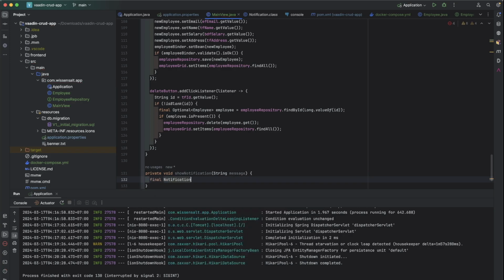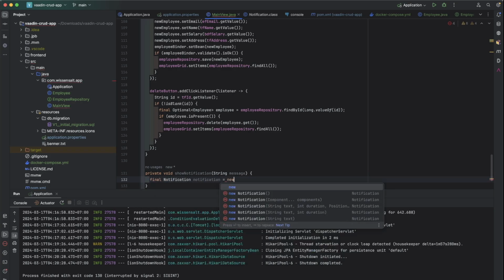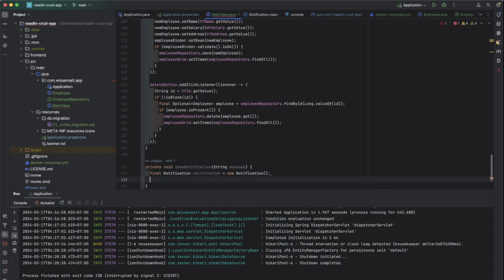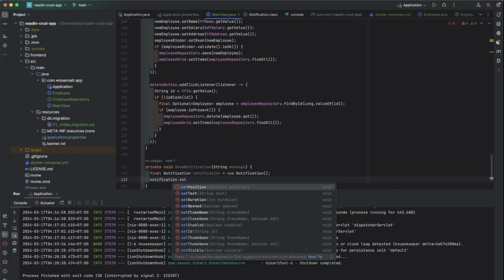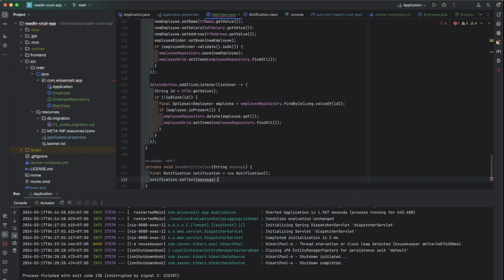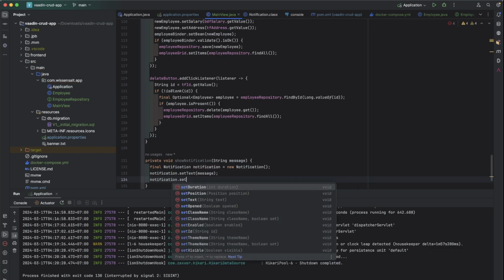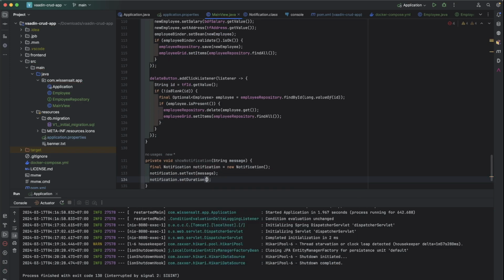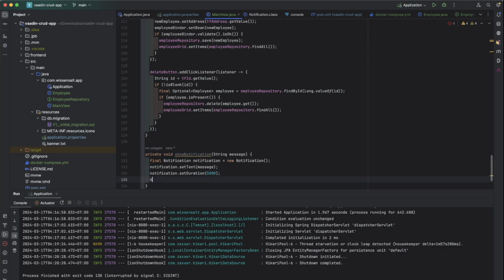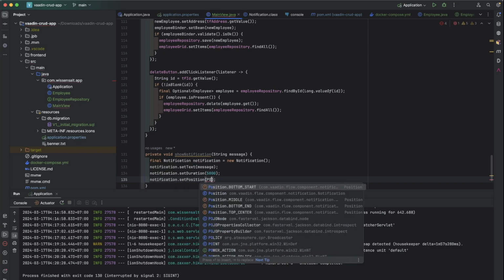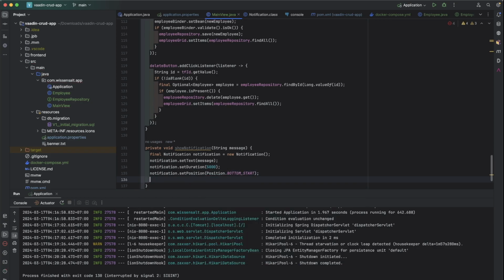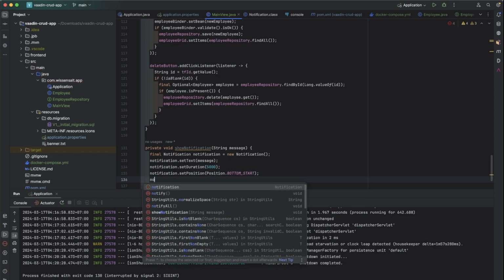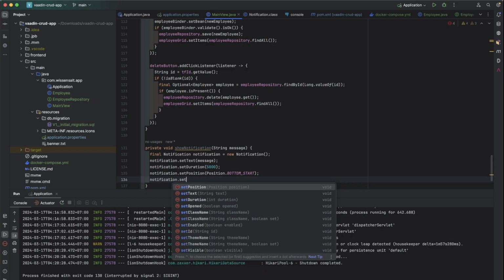Final notification is a new notification. Notification dot set text from the message. Notification dot set duration. I think 50,000 milliseconds is enough. Notification dot set position dot bottom start, and notification dot set